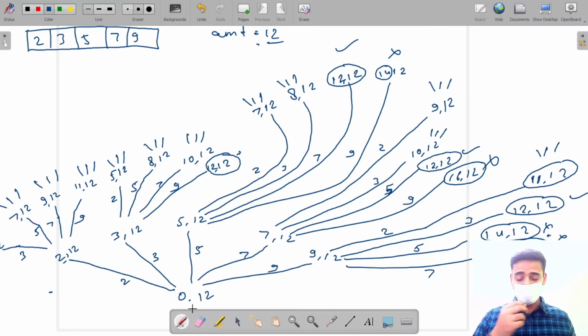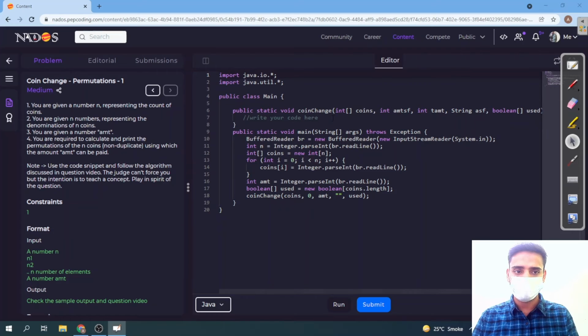And what is going to be the base case for this recursion call? Okay, let's forget about that for now. Let's go and implement what we have planned till now. Okay, after that we will come back and discuss the base case, and we will code that later, right? So let's go. So here on the editor,